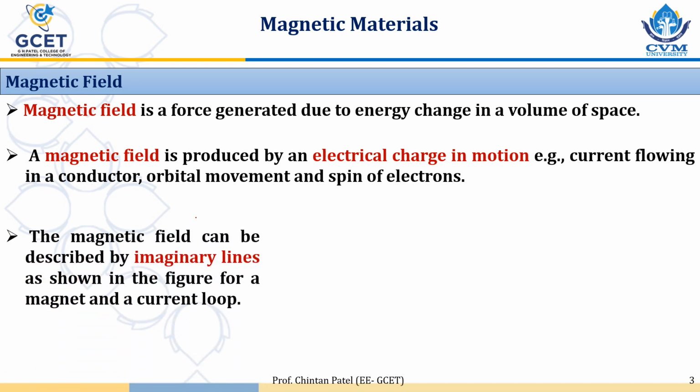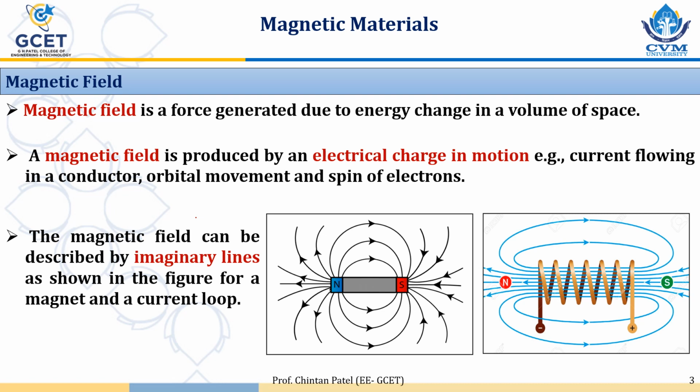The magnetic field can be described by imaginary lines as shown in the diagram. We cannot see these imaginary lines, but they can be experienced. So in the first diagram, there is a permanent magnet having two poles, north and south, and we can see from the diagram that the magnetic field lines start from the north pole and